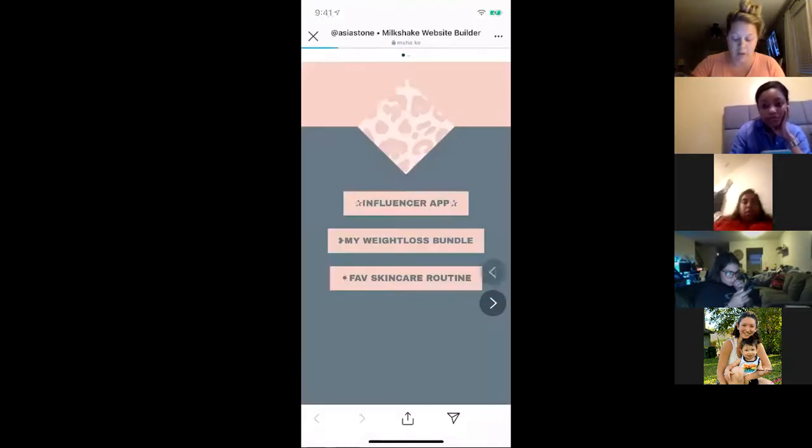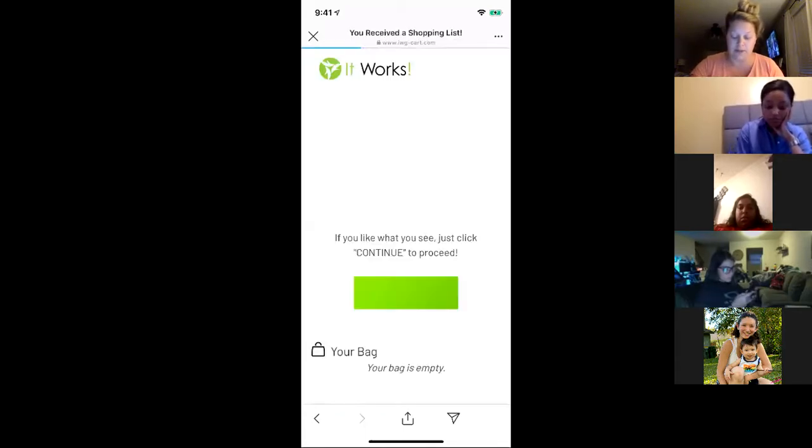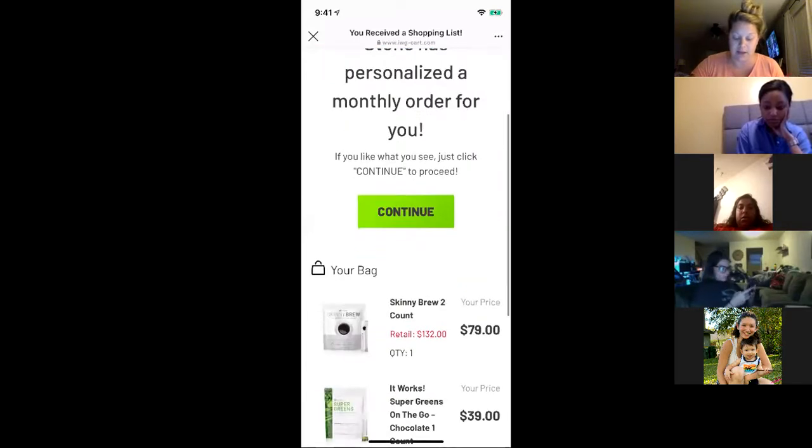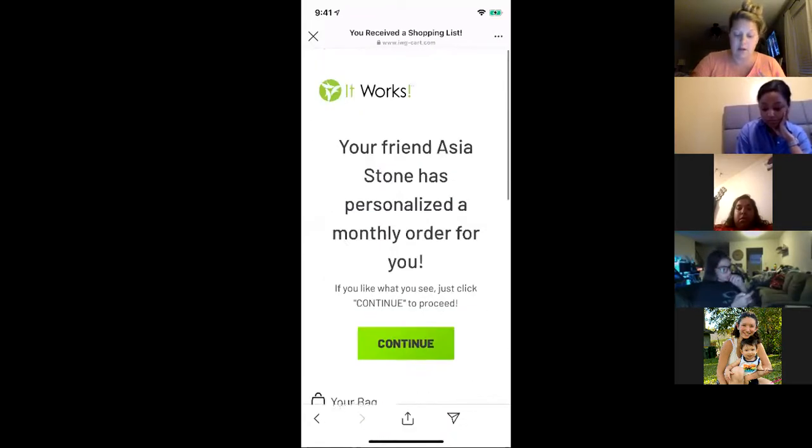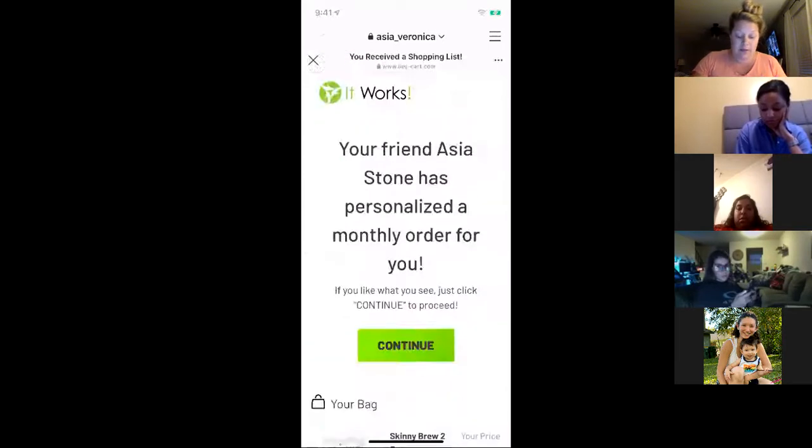So I put a couple links in here. You can link different stuff. What I did is I linked the weight loss bundle that I lost all my baby weight with after I had my son, so I can just refer people right to this. I just made a personalized shopping cart and linked it in there. It's two bags of coffee, greens, and TFX. And then I also did one